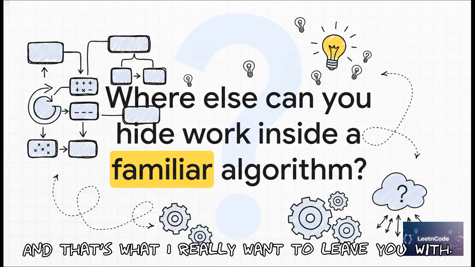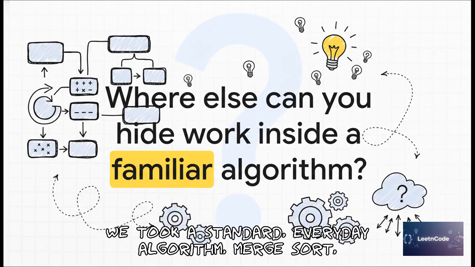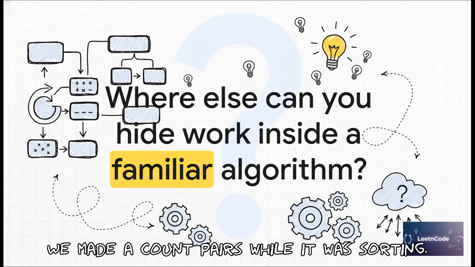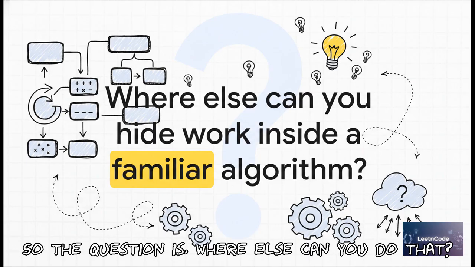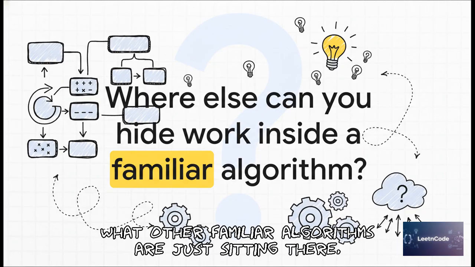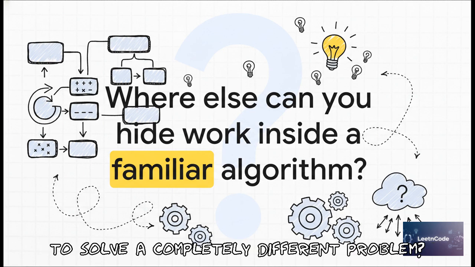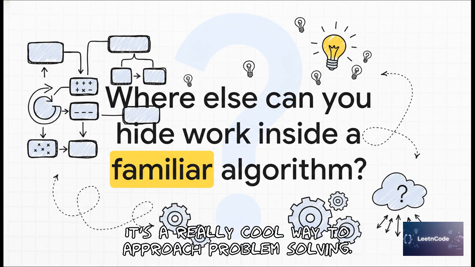And that's what I really want to leave you with. We took a standard, everyday algorithm, merge sort, and we embedded a totally different job inside of it. We made it count pairs while it was sorting. So the question is, where else can you do that? What other familiar algorithms are just sitting there, waiting for you to sneak in some extra logic to solve a completely different problem? It's a really cool way to